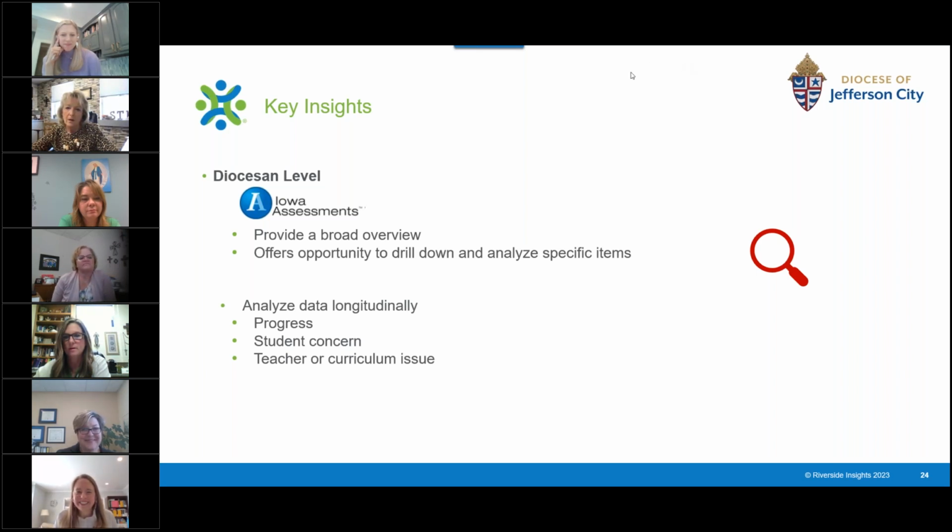I think one important piece too, we talked a lot about longitudinal graphs, is also looking at that student's individual profile. Because if you have a kid that is scoring low in a specific area, but he seems to do very well in the classroom, trying to figure out where that breakdown happens. And when you look at those subtests at the bottom of that report, it really gives you an insight on where that child is either performing quite well or where they're very